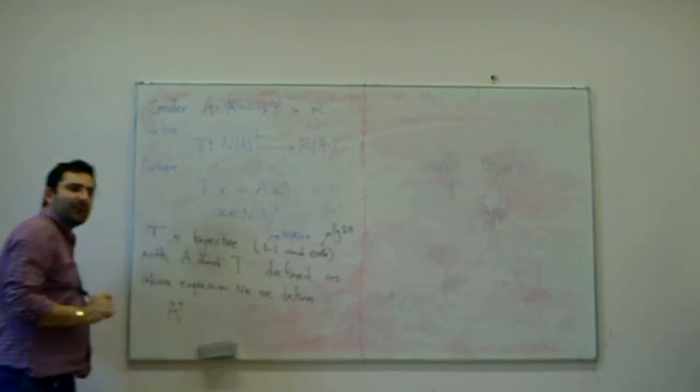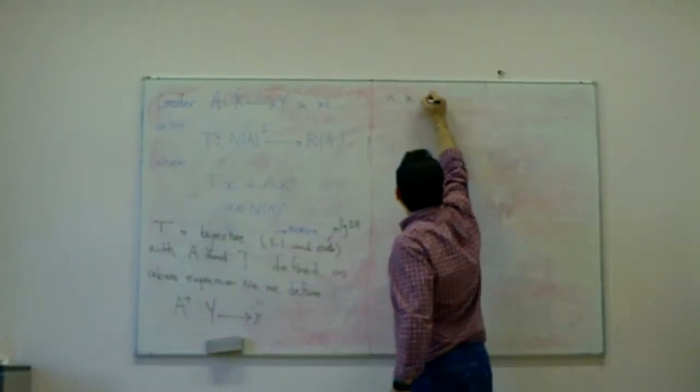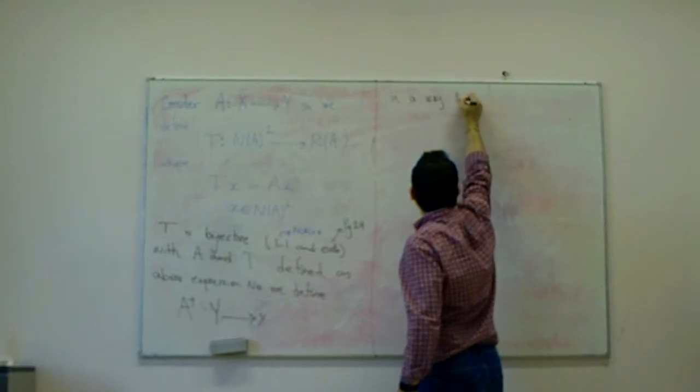Can you tell me what is the domain of A plus and what is the codomain, knowing all of these? Someone? Yes, Y to X, because it's an inverse from Y to X. In a way that